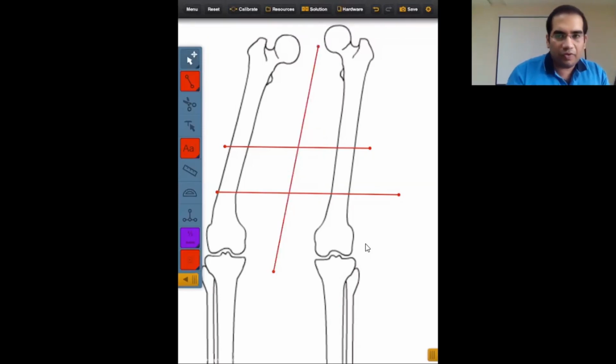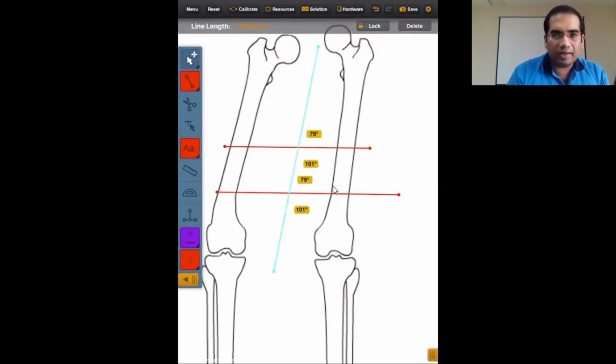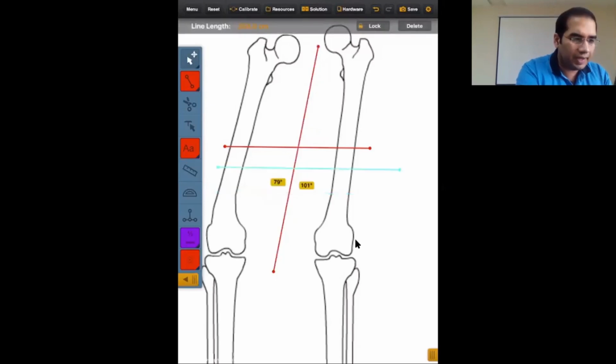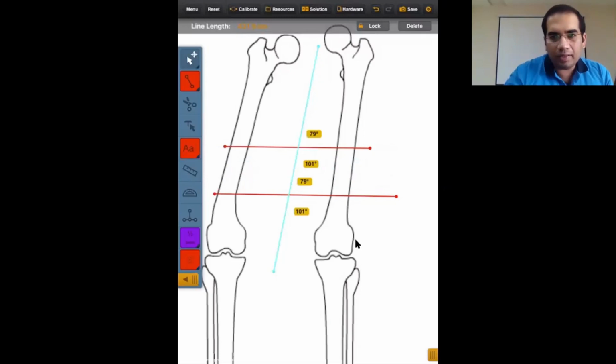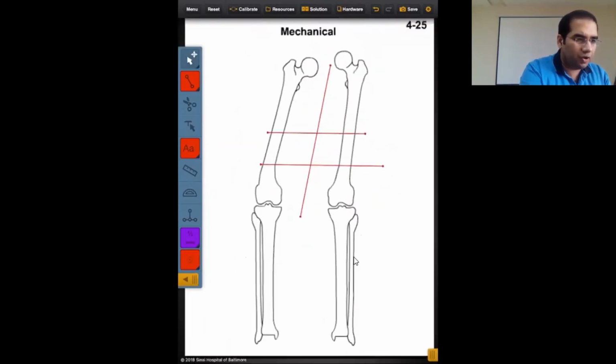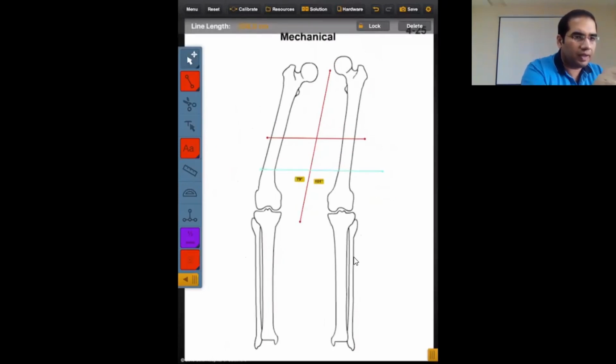Okay, I'll repeat it. This rule is an extension of the rule of opposite angles: if we draw 2 parallel lines, as you can see, these are 2 parallel lines, and then we cut these lines by a straight line, then the similar angles will be of the same magnitude. Okay, so now let's jump to the deformity planning part of this diagram. Here, when we do the planning, it will help you understand better.